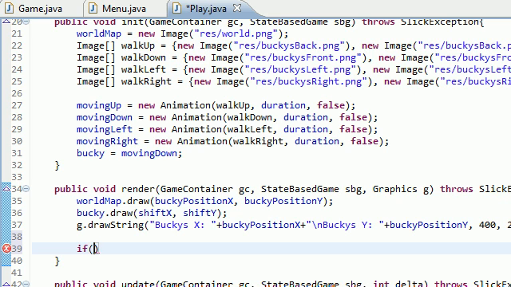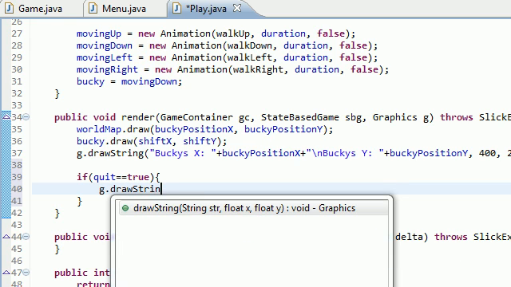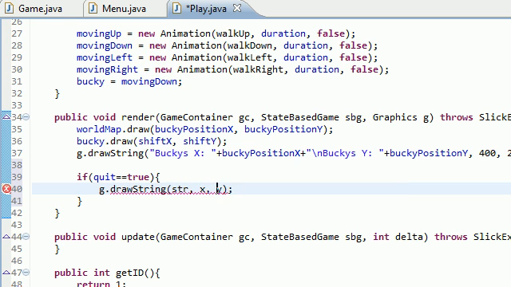So if that quit variable that we made earlier on is equal to true, this pretty much means, okay, did you hit the escape button? Are you thinking about quitting the game? Well, this is going to make a menu pop up, and the menu is just going to be 3 simple strings. So draw string. And the first one is going to be at position, we'll put all of them at 250, and the first one will be 100 pixels down, and this string will say